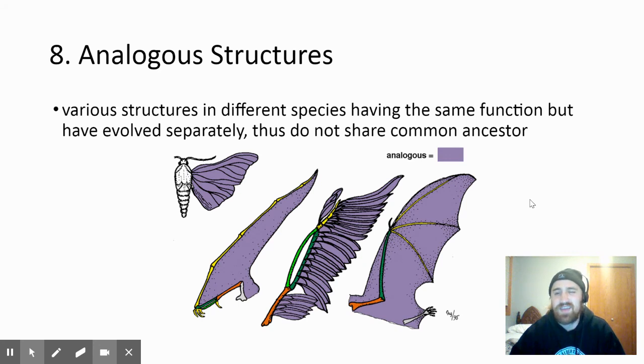So think of something like, I think this is supposed to be a cicada, but we can even say it's a honeybee, and something like a bald eagle. They both have wings. Awesome. But their wings are not there because of a common ancestor. They're there because they had the same selective pressure, and they both needed to be able to fly, but they're not there because they both came from a similar animal. One's an insect and one's not. So they do not share a common ancestor, but they both have wings. This is an analogous structure.